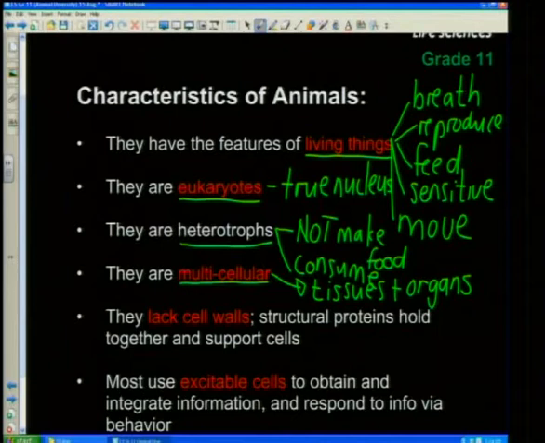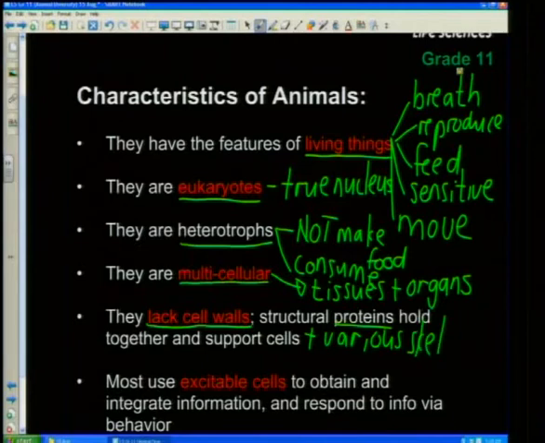Right. Then they lack cell walls, which means that they are animal-like. Cell walls belong to plants, as you can remember the plant cell walls. And then in the animals, we have mainly structural proteins that hold together and support cells, together with various skeletons. So animals have got various types of skeletons, and then they also have got